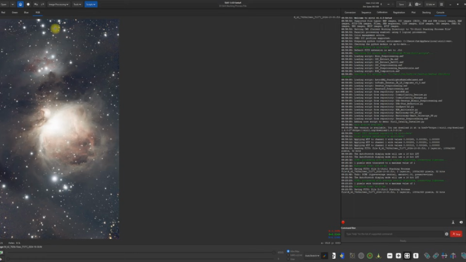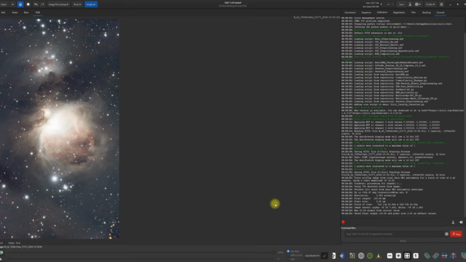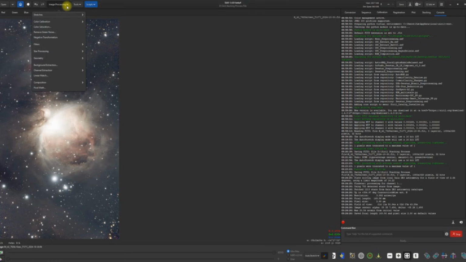So the way we do that is we come up here to Tools, we come down to Astrometry and Image Plate Solver. This box will open up. Just leave all the data alone in the box and click OK. What that did is just plate solve our image so that the spectrophotometric color calibration will work. If you don't plate solve the image first, then that option will be grayed out and you won't be able to use it. So now that we've plate solved, let's come up to image processing, come down to color calibration,